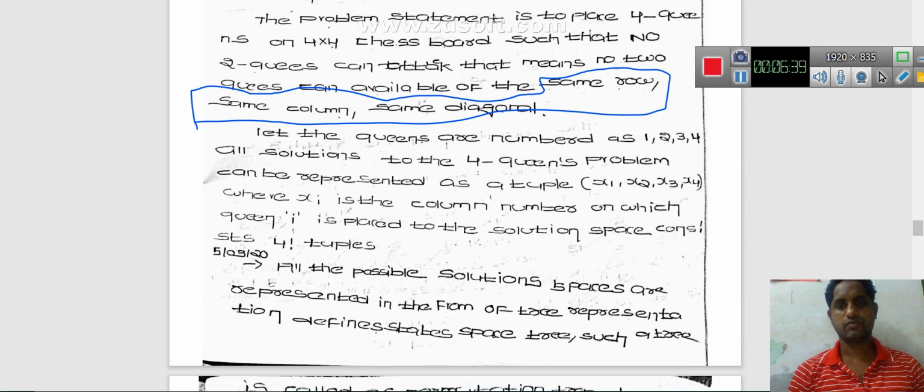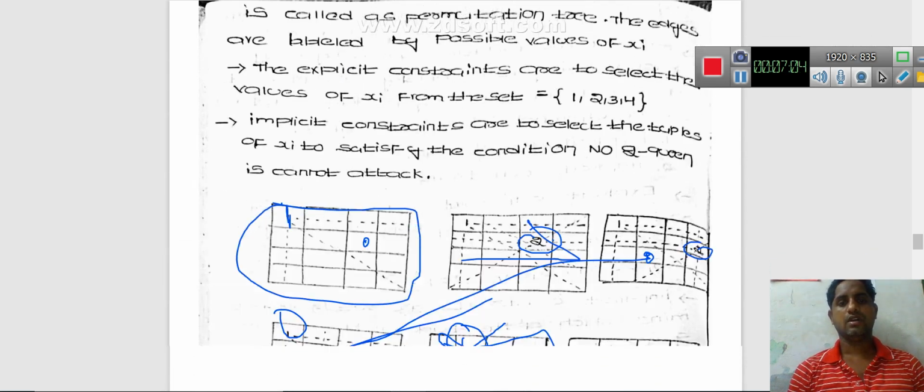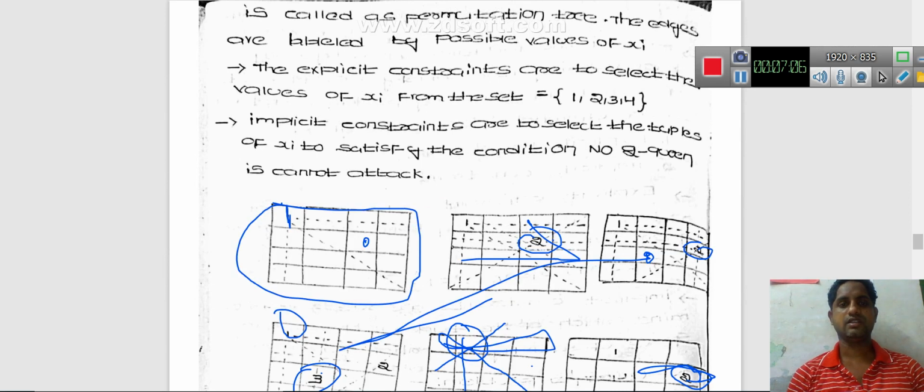All solutions to the 4 queens problem can be represented as a tuple x1, x2, x3, x4, where xi is the column number on which queen i is placed. The solution space consists of 4 factorial tuples. If all the possible solution spaces are represented in the form of a tree, that is a state space tree, such a tree is called a permutation tree. The edges are labeled by possible values of xi.